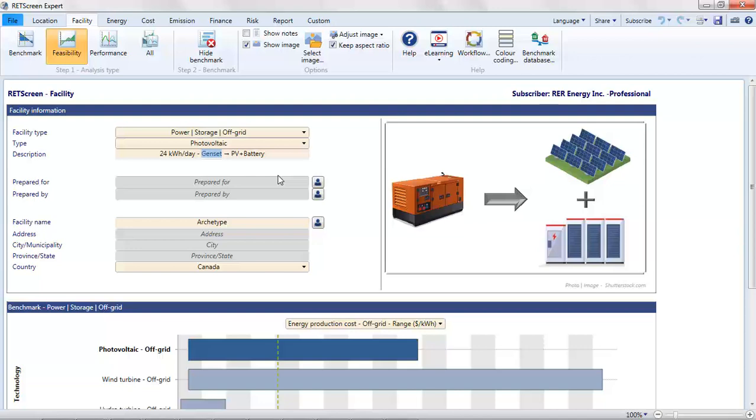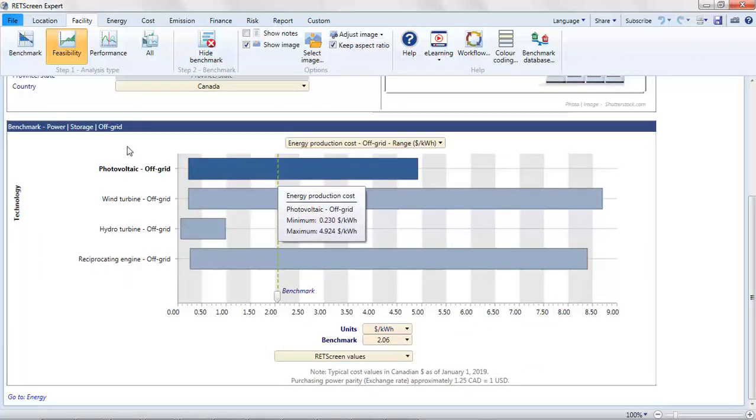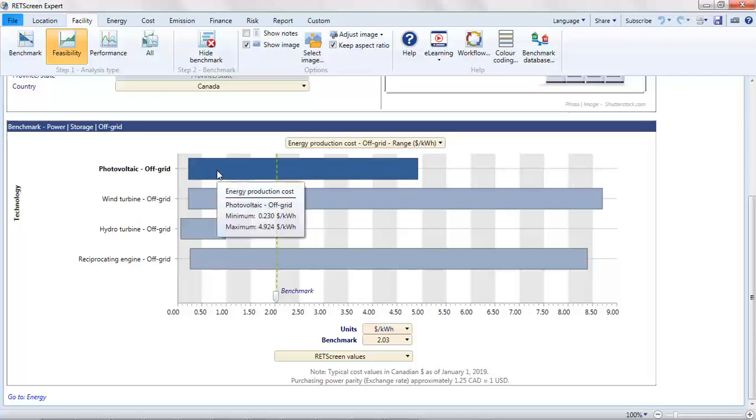At the bottom of the facility worksheet, there is a benchmark section similar to that found for on-grid power systems. It shows the range of energy production cost, which is one way to calculate the levelized cost of electricity, typically seen for off-grid power systems of different technologies. There is also a benchmark that you can adjust. The technology that is selected in the current analysis, off-grid photovoltaics, is highlighted. Hovering over a bar on the graph displays the typical minimum and maximum energy production costs, covering a wide range